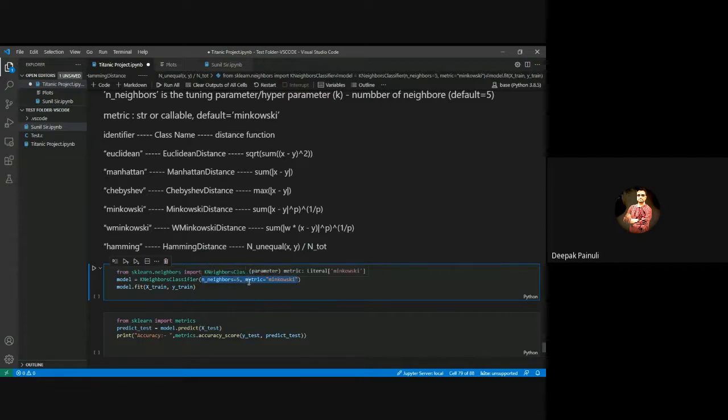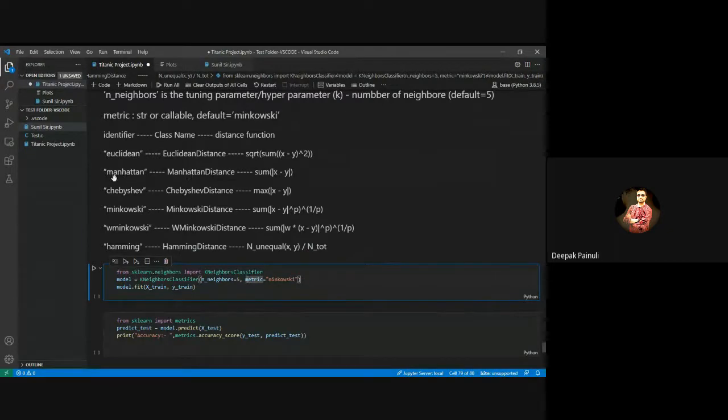And metric will show which type, how you are going to calculate the distance between 2 points. So there may be many options you can have. Default one is Minkowski, right? Otherwise you can use Euclidean. For that, identifier is Euclidean.